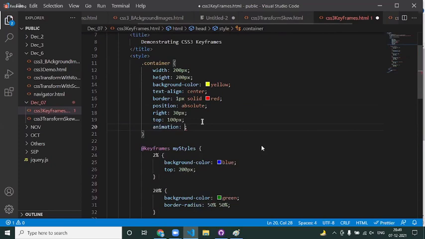Animation is a CSS property which takes the name of the keyframe and the total time you want to take for moving that element from one position to another position. I can say some 15 seconds. You can specify in both milliseconds or seconds.